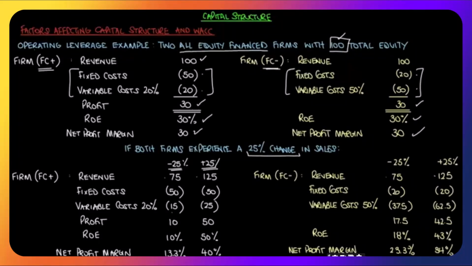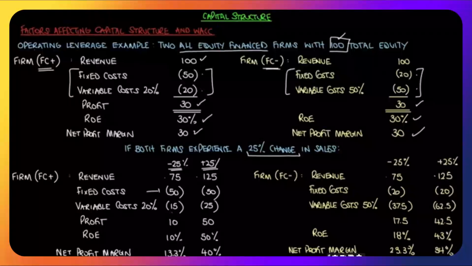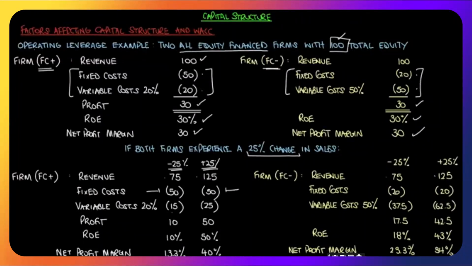Fixed costs, and this should not come as a shock given the name, do not move. For FC Plus, they stay at 50. For FC Minus, they stay at 20. Variable costs move. They are a percentage of revenue. 20% of 75 is 15. 20% of 125 is 25. That gives us profit